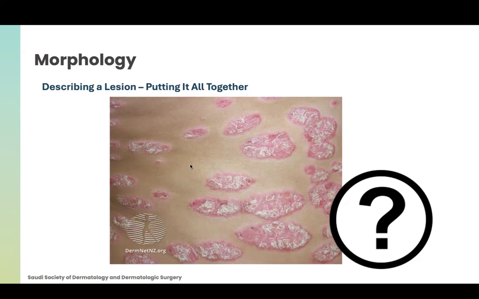So I liked the person who read and said multiple well-defined erythematous, salmon pink plaques with scales. I know you guys are giving me the buzzwords to say psoriasis, literally. I love the way that you mentioned it. So the number is there, the border is there, well-defined, ill-defined, regular, irregular, doesn't really matter, honestly, over here. I love that you said salmon pink because the color is not just only erythematous, it made me think more